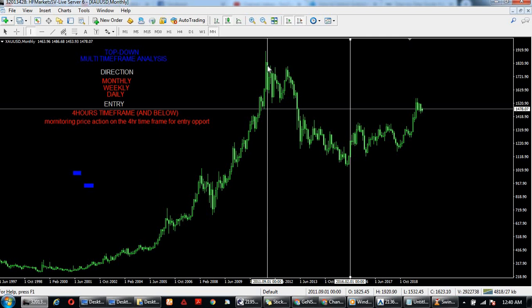Price pretty much has been on an uptrend in the gold pair from way back 1st of September